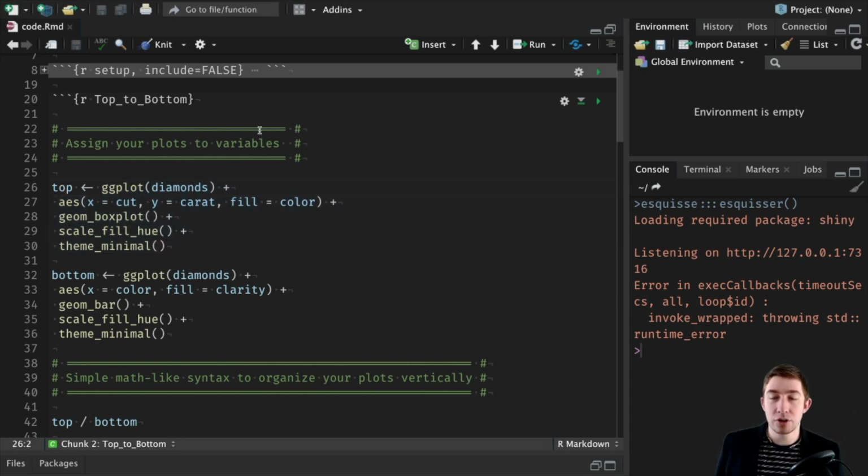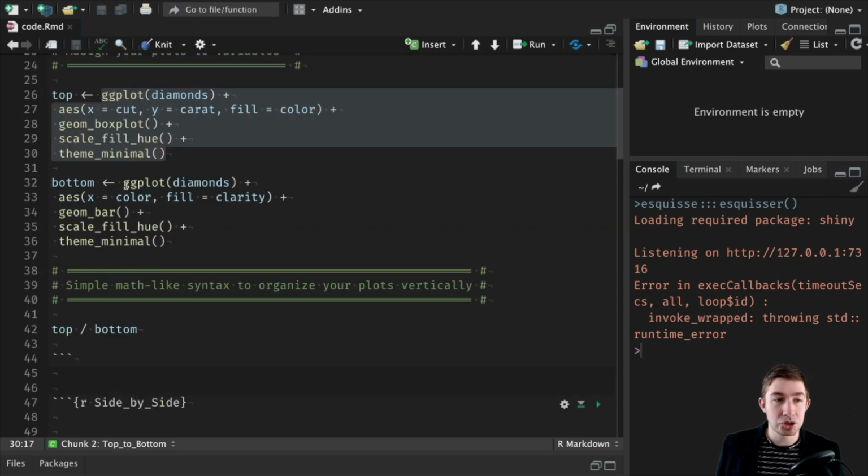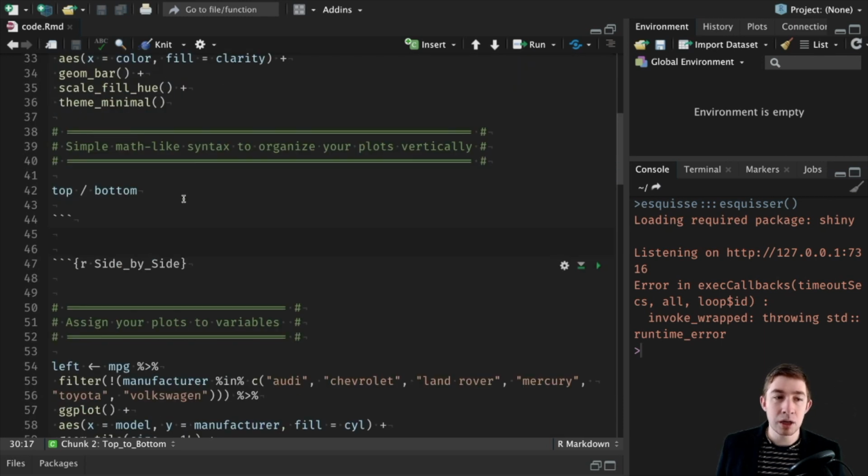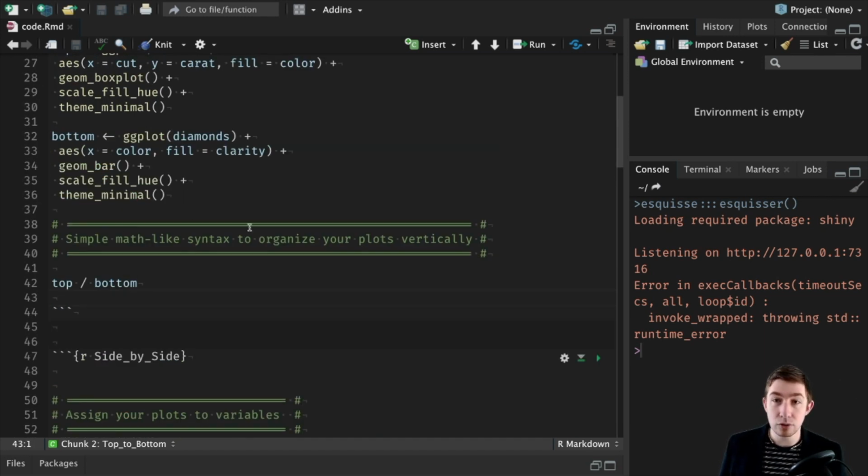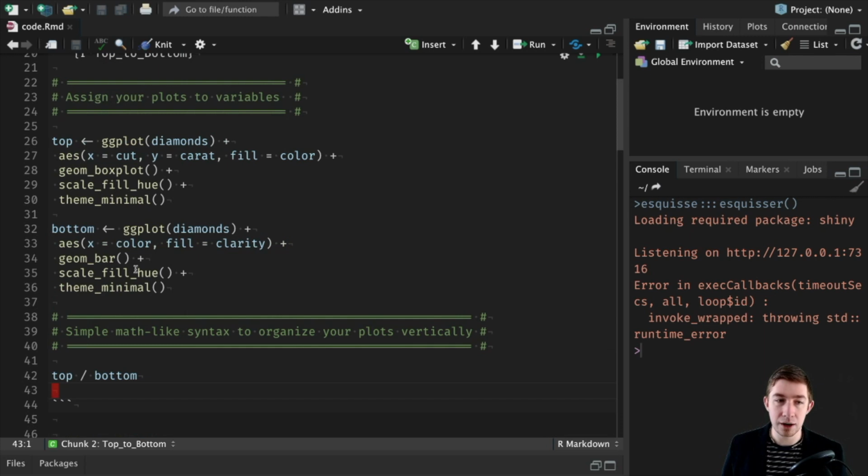So just to make it easier to understand how I'm actually doing this layout, I named the chart something that makes sense. So this first one is going to be top, the second chart is going to be assigned to the variable bottom, and now to semantically do this, we're going to say top divided by bottom, and that's all we have to do with this syntax. You take these ggplots in variables, and you do this math-like syntax in the R code chunk area, and now when I run this code,